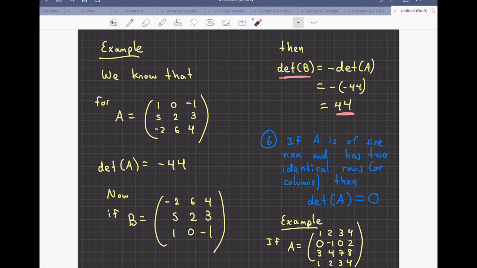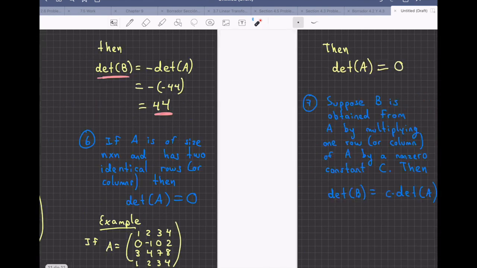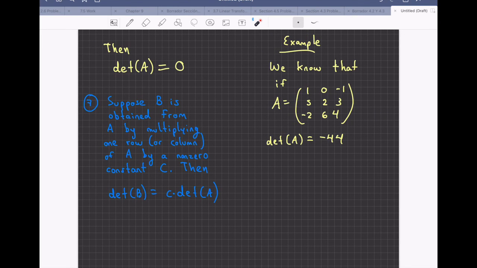We have verified this several times before. Negative 44. So I'm going to create a matrix B